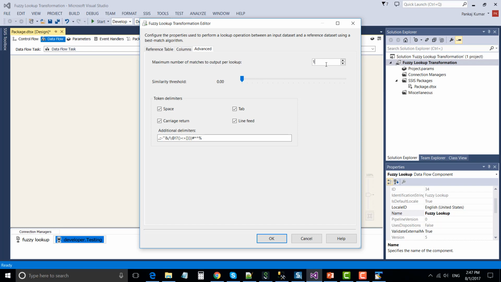So let's set it to 1, and for similarity threshold let's set it to maybe 70 for now, and I will talk about this similarity later once the package is run. For the token delimiters, we need to tell the fuzzy lookup which delimiters need to be taken care of while doing a fuzzy lookup.